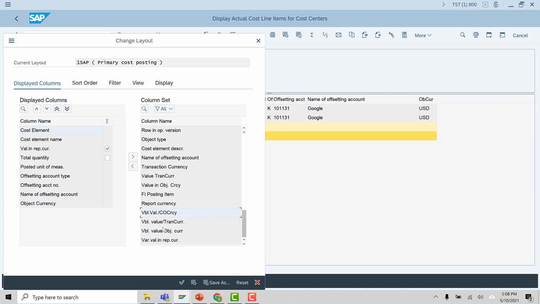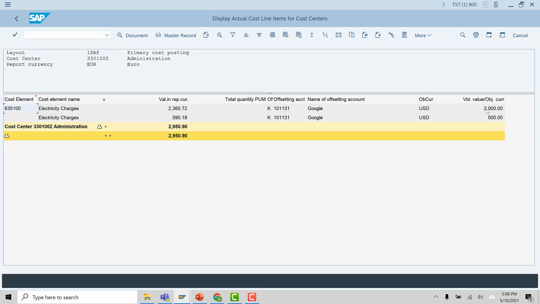Value in controlling area, value in object currency. And now you see the value object currency is US dollar, that is the document currency, and it's coming in 2000, which was posted initially, and then I posted 500 US dollar. So here is the actual cost.